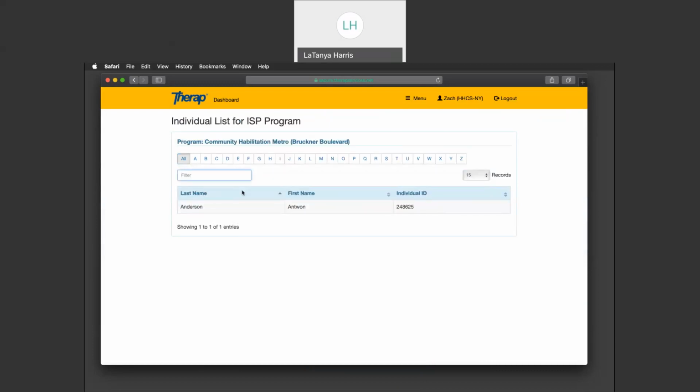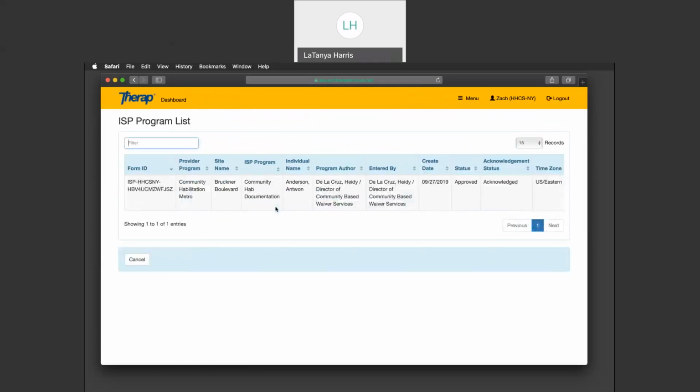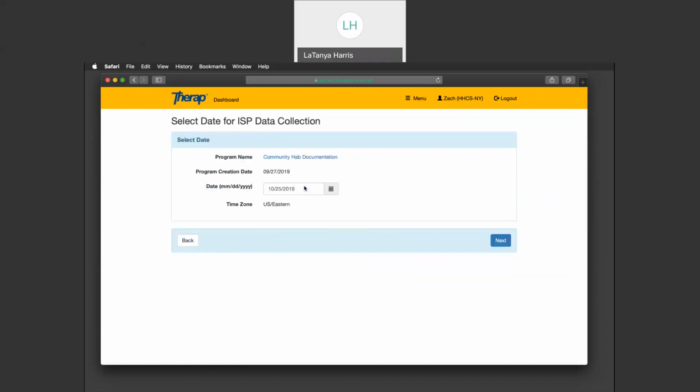You notice after you hit ComHab, you click on the case that you're assigned to, which is Antoine Anderson. And it brings you back to a familiar screen that we've seen earlier, which is the ISP program list. Now, remember earlier it said that it was not acknowledged. Now we have here that it was acknowledged because you've read it and you acknowledged it. So what you want to do is you click on it anywhere, and then it brings you right back to